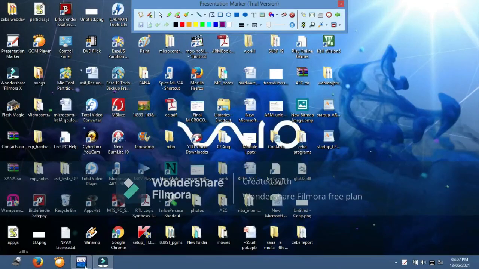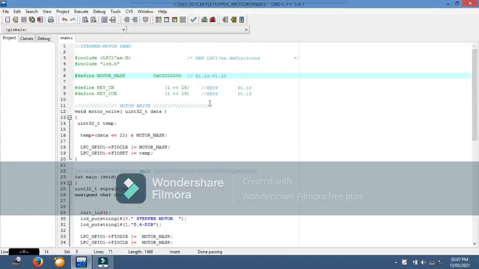Since I already explained the steps to generate the hex file, the same steps are applicable for all the programs, and the same procedure we have to follow to execute all of them. We have to create a hex file, dump it into the kit, connect the appropriate devices and see the output.